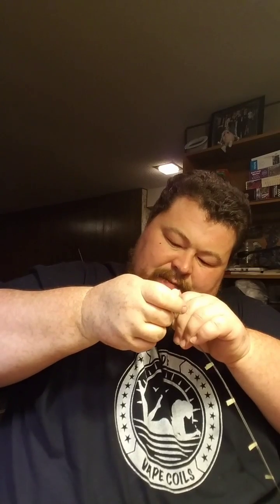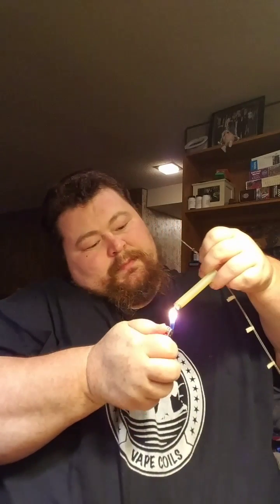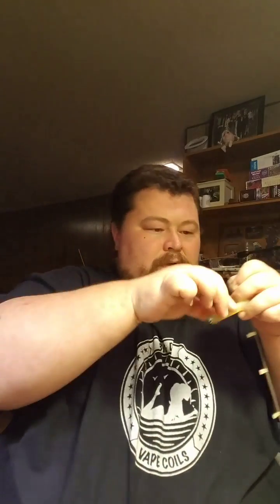Normally I'd wait till I hot glue these to clip them, but they're going to be in the way for hot gluing, so I'm just going to clip the frames off now. Clip off that extra wire binding. Alright, good to go for the hot glue. My drill has a big gap in it, so if yours doesn't, you don't need as much glue as I use. But my drill's chuck has a big gap in it, so I need a big blob of glue. It's kind of a pain, but